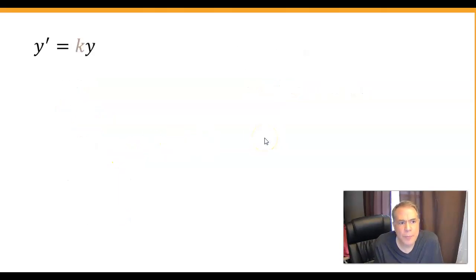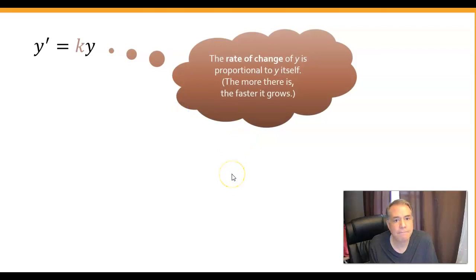Now, instead of just y prime equals y, think about y prime equals some particular number times y. Y prime equals k times y. So if you remember from calculus that derivatives represent rates of change, this is saying that the rate of change of y is proportional to y itself. That is, how fast y is changing or growing is proportional to how much of y there actually is